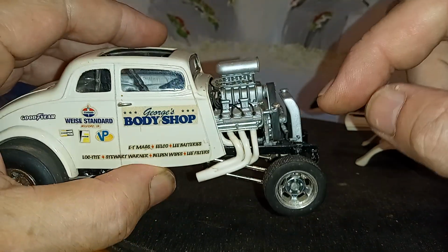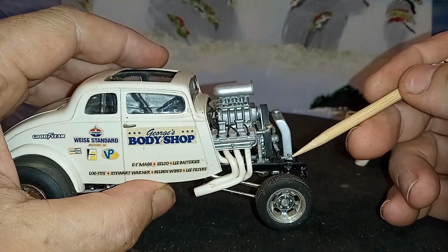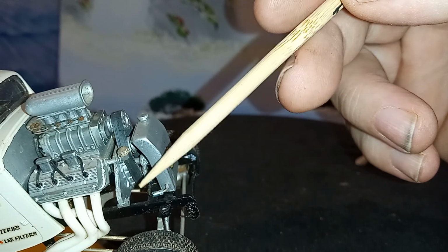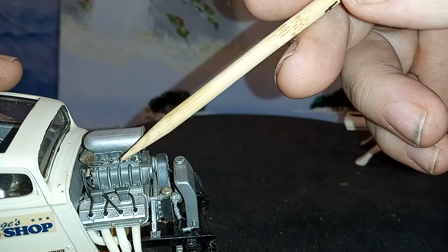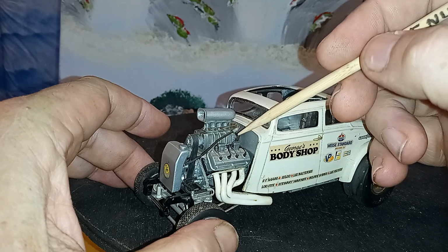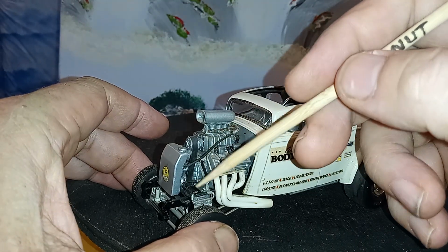I got the fuel lines. Where's my pointer? Got the fuel lines coming out here. I don't know if you can see that or not. Let me see how close I can get. Fuel lines coming out, going to the fuel pump and up. I hope you can see this. Got all the fuel lines going into the injectors there on either side, and let me just turn it around. Yeah, and coming down and going to the fuel pump, and then it comes out of the fuel pump and